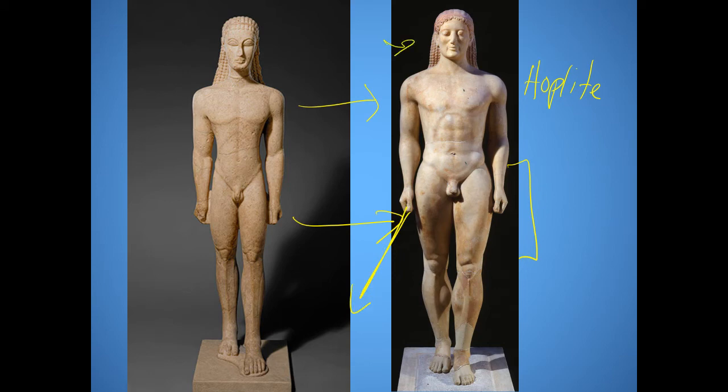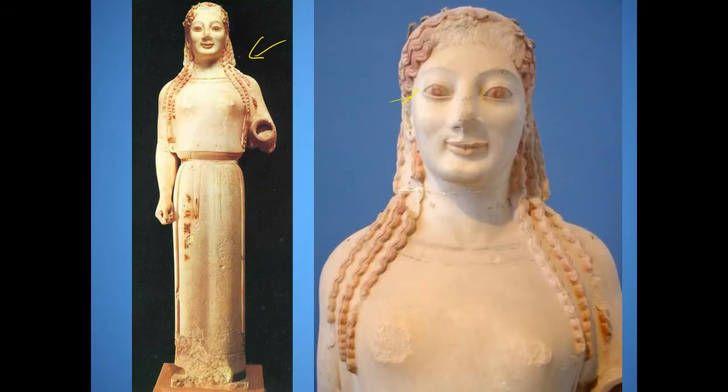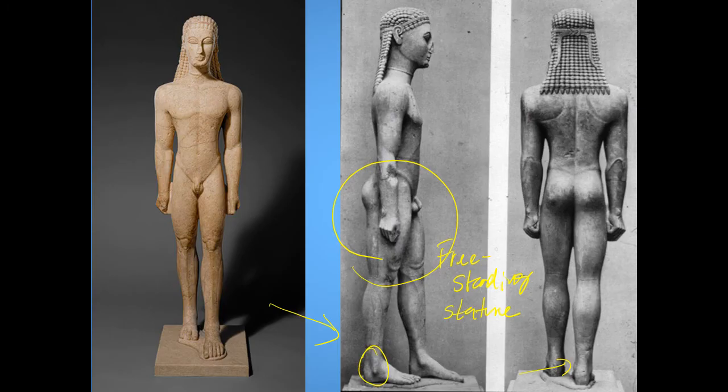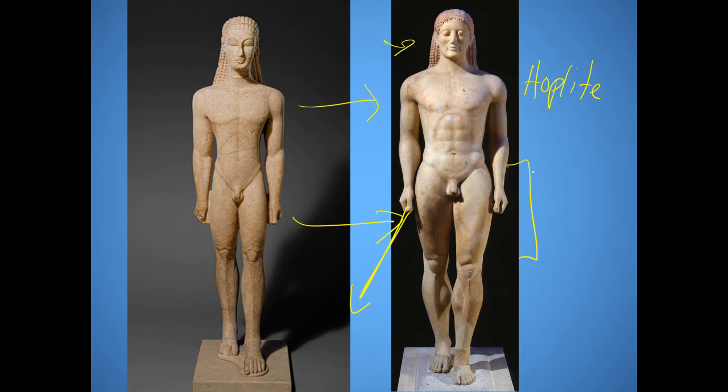This would have been painted. Interestingly enough, we know that these statues of men here, you'll notice that there's a significant difference between statues of women. This one is obviously white marble, but it would have been painted. It was found on top of the Acropolis, and so it's associated with religious sculpture like offerings and things like that. These, on the other hand, were found in cemeteries.